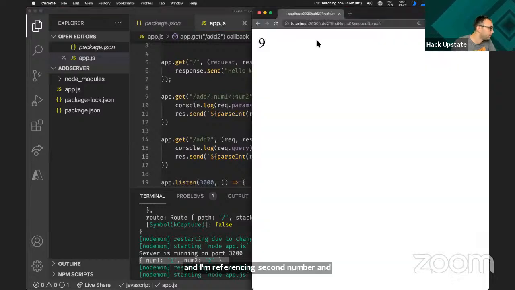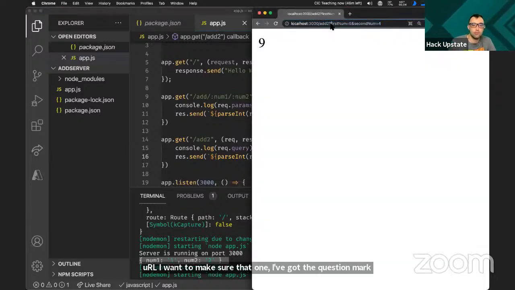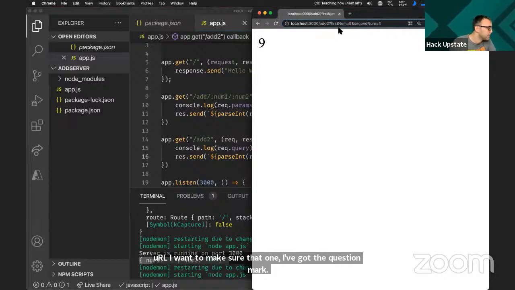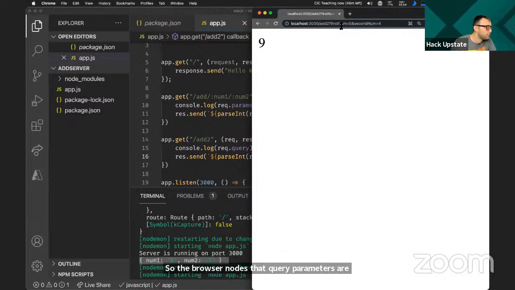And so over in my URL, I want to make sure that, one, I've got the question mark so the browser knows that query parameters are coming. I want to make sure that my parameter is called first num and that I've got an equal sign and then a number in there. Then I have an ampersand to say a second parameter is coming, and then I can say second num is equal to 4.